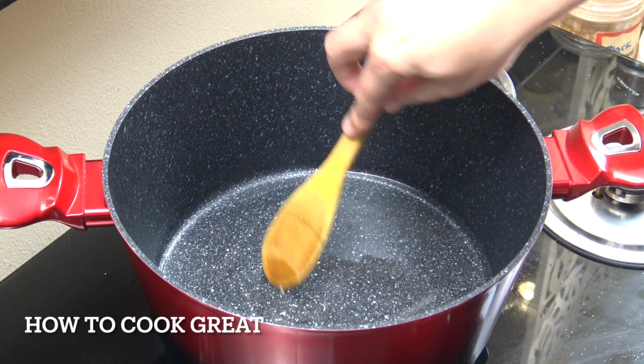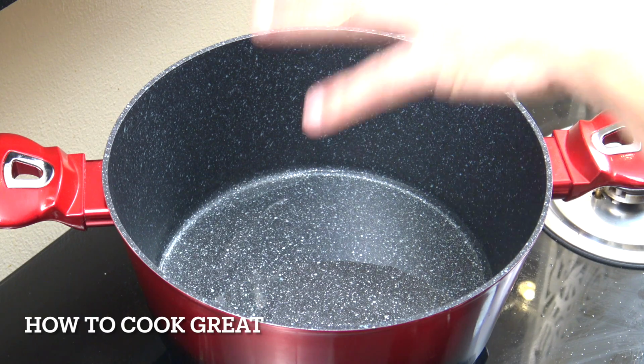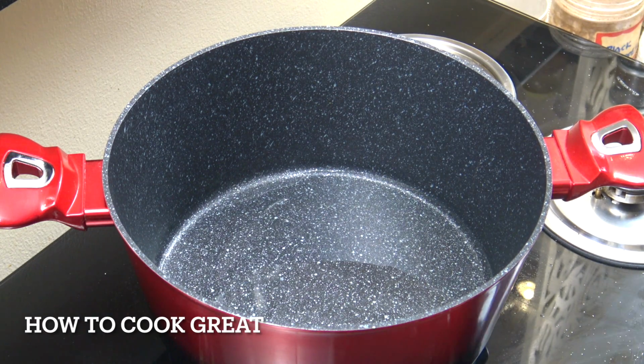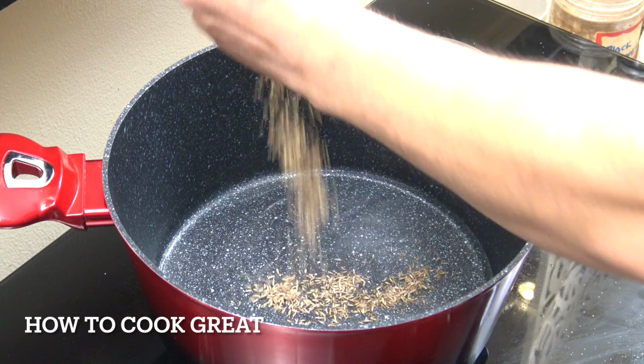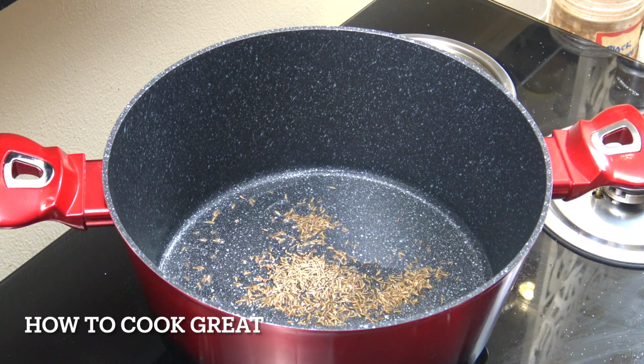And in there I've got some oil. I'm using sunflower oil. You could change that if you want. I've got about 3 tablespoons. I'm going to get some cumin seeds here. A couple of teaspoons in there. And then we're going to add